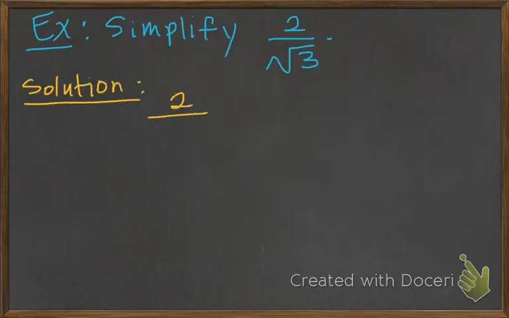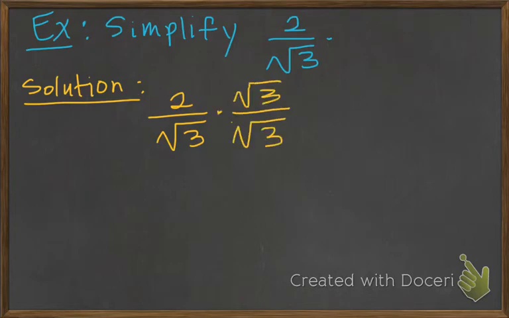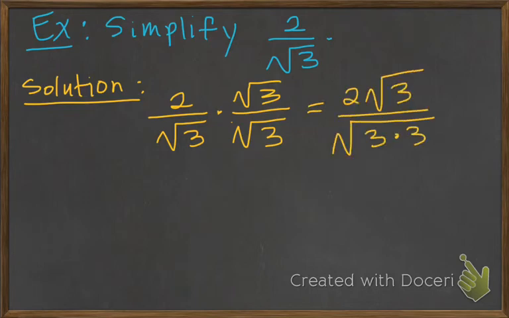So for our solution, we're going to do exactly the same thing. We're going to multiply the top and the bottom of this expression by the square root of 3. So square root of 3 over the square root of 3. Again, in the numerator, I just have 2 times the square root of 3 over the square root of 3